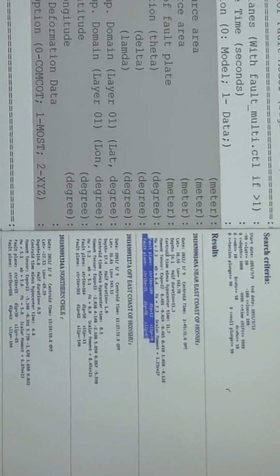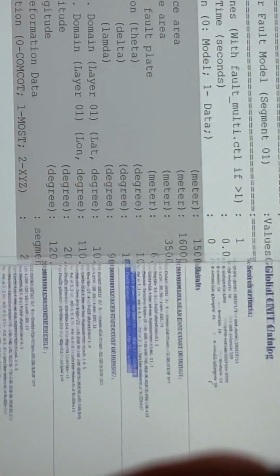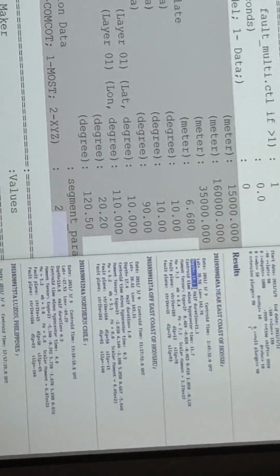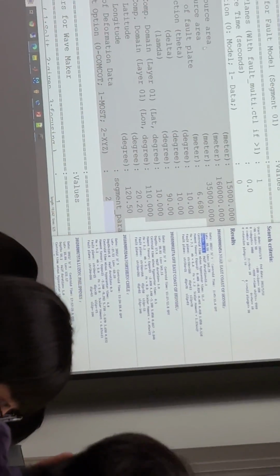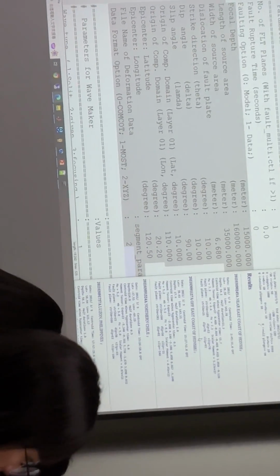Okay, so for example, you can find the depth. The depth sometimes is different. And then the length of the source area, the width of the source area, so you can find